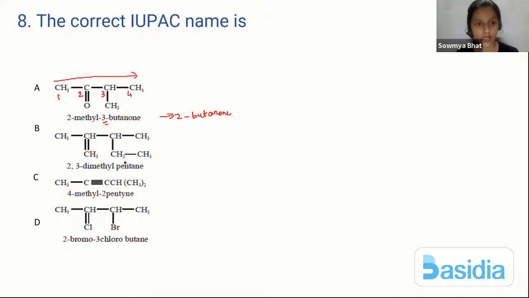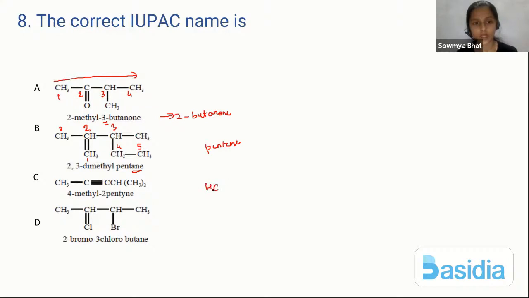And the second option which we have is 2,3-dimethyl-pentane. So this is our main chain. You have to include the main chain, the double bond. So it should be our main chain. 1, 2, 3, 4, and 5. So the pentane, immediately you can see there is a double bond. So it should be pentene instead of pentane. Don't check the other answers like 2,3-dimethyl. You don't check it because the root word and the suffix itself is wrong. The third one,